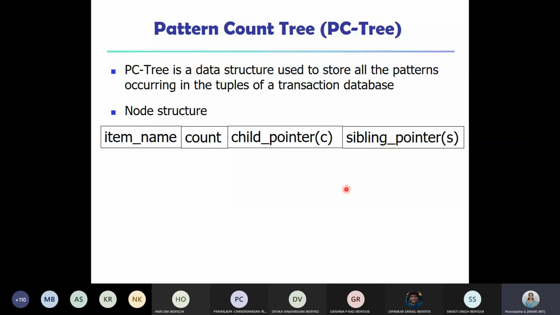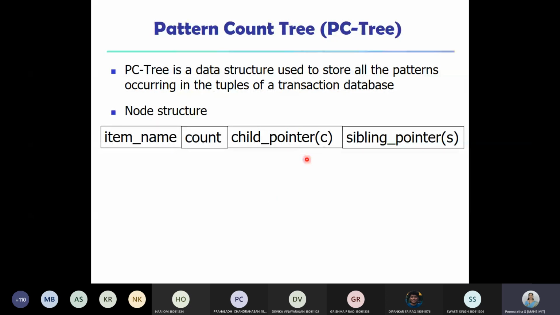Child pointer means, suppose I consider a transaction, say A, B, C. I start with A. So below A, I should have a node called B. So B is a child of the node A. Similarly, below the node B, we will have a node C. So C becomes the child of the node B. That is what this child pointer refers to.